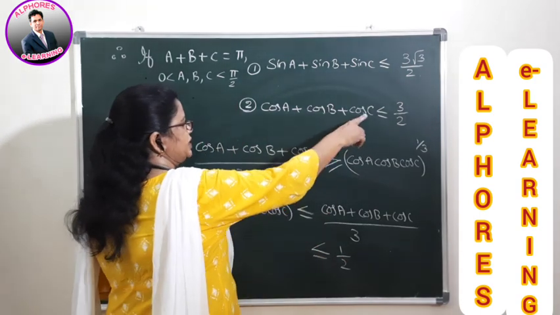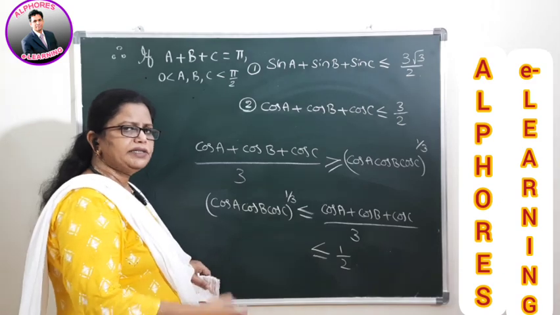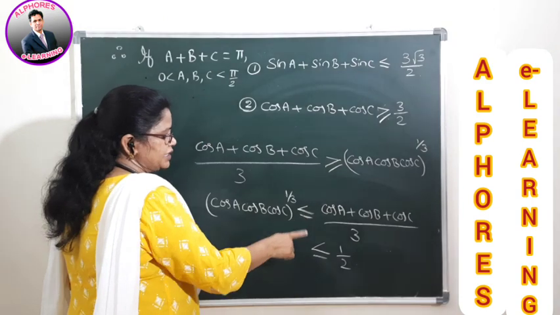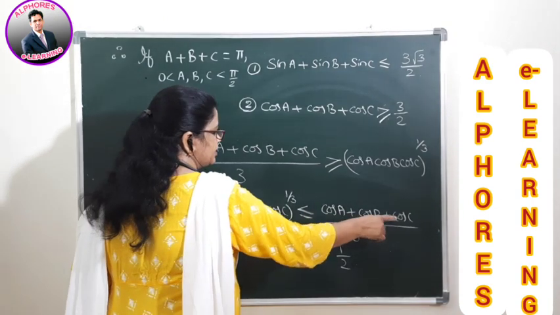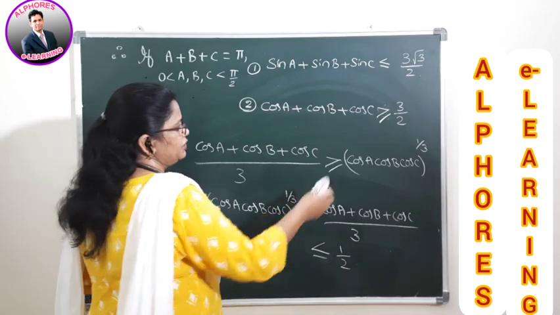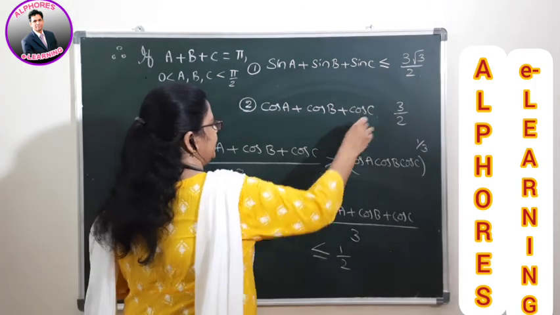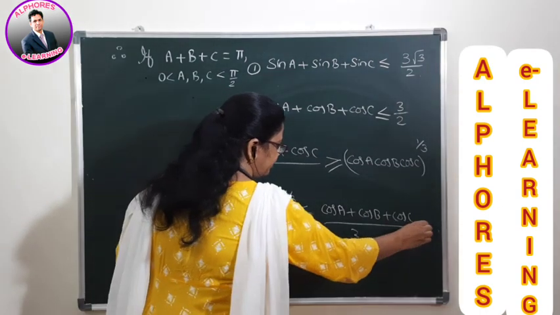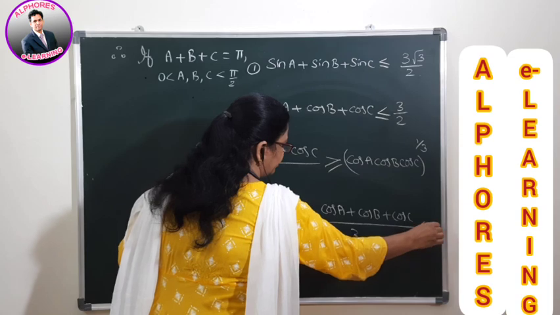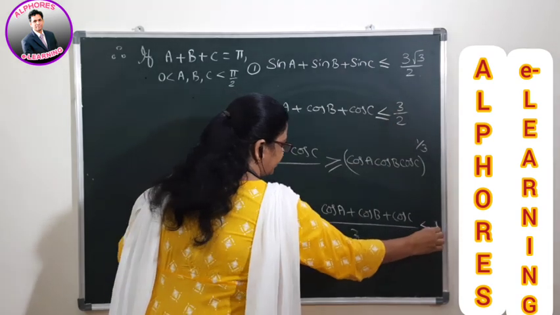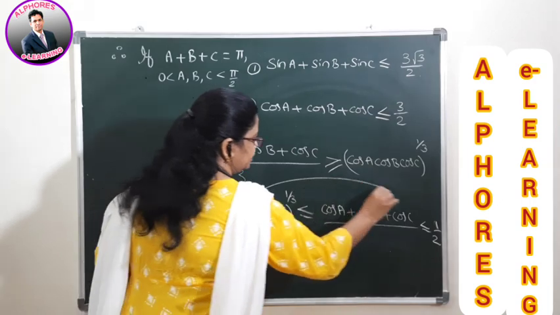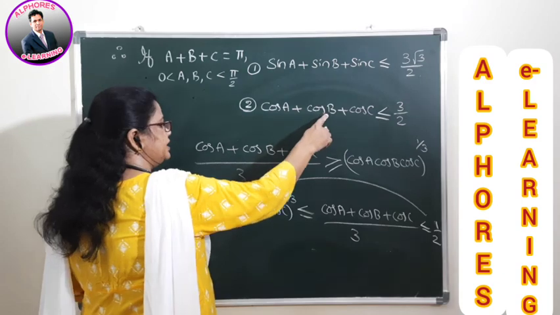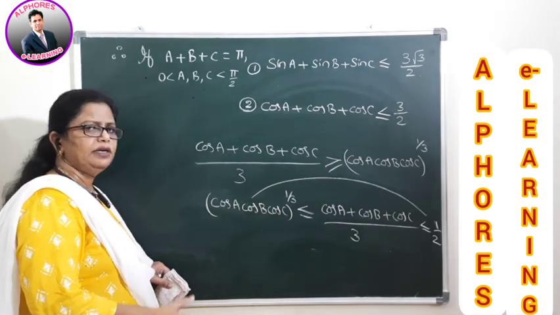So whenever you are substituting inequalities, the directions have to coincide. Suppose here it is greater than or equal to; I am not supposed to substitute here for cos A plus cos B plus cos C. How can I substitute directly? I can substitute directly because here less than or equal to is there, and the same less than or equal to continues. If you continue here, you are going to get this value 3 already there, implies 1 by 2. That inequality is continuing. That is the reason that while substituting inequalities you must take great care.